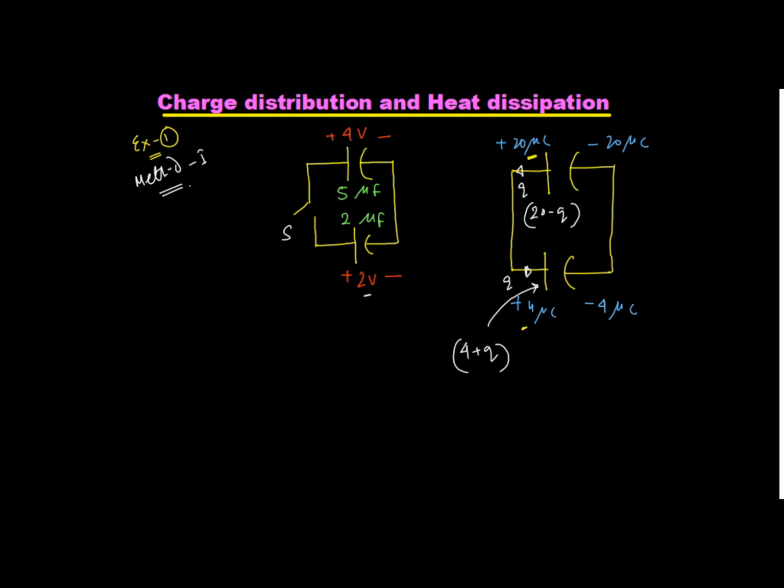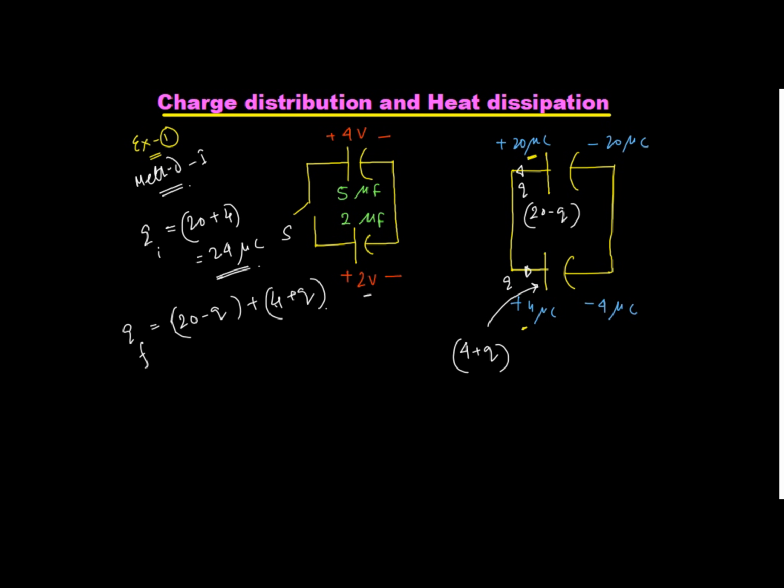So initially, before the key is closed, what is the Q initial of the system? Can I write it is 20 plus 4, that is equal to 24 microcoulomb. 20 microcoulomb here, 4 microcoulomb there, sorry. Then it is 24 microcoulomb, right? Isolated capacitors, so charge has to remain same. There is no battery connection for the system, and no charge leaking outside the system. So for the entire system, charge has to remain same. So what is the Q final of the system? Q final of the system is 20 minus Q plus 4 plus Q. Okay, I hope you are getting it, right?